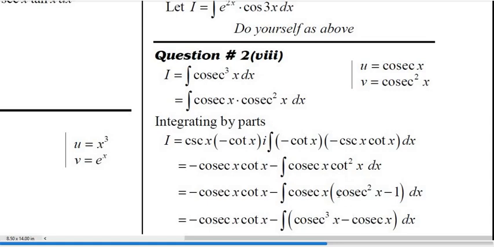Multiplying this cosecant x and cosecant square x gives minus cosecant x. Now applying this integral sign, and next we can see from the question I is equal to integration cosecant cube x d of x. So here we can put at the place of cosecant cube x integral equal to I